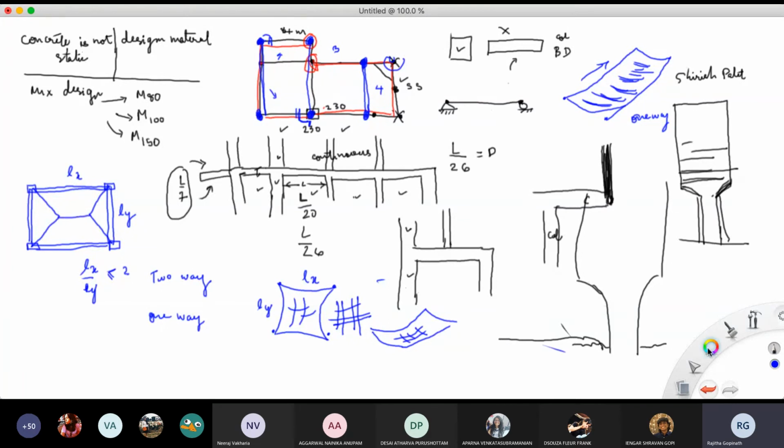Now this is the way you can figure out who takes how much load, or which beam takes how much load. This area, whatever this is taken by this beam. This triangular portion is taken by this beam. This one is taken by this guy, and this one is taken by this guy. Okay, so for designing each and every beam, you just simply, you don't need to like, acha yahan pe ye hai, this is, how do you begin to understand how much load each of these beams are taking, right?